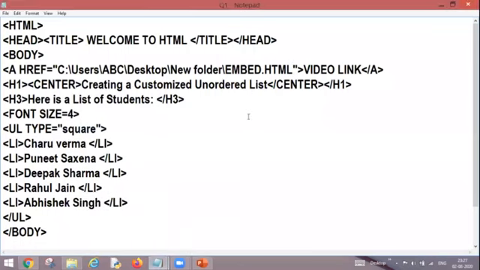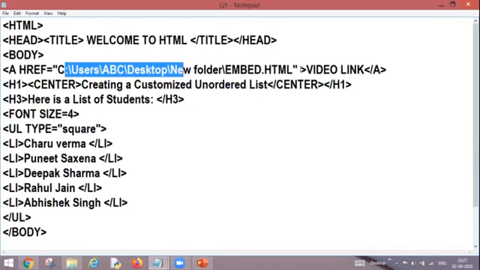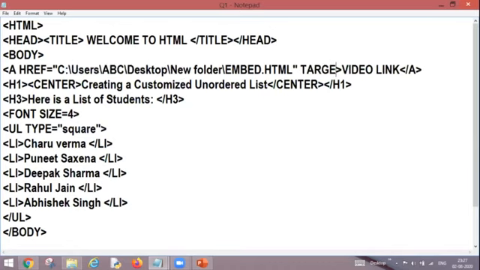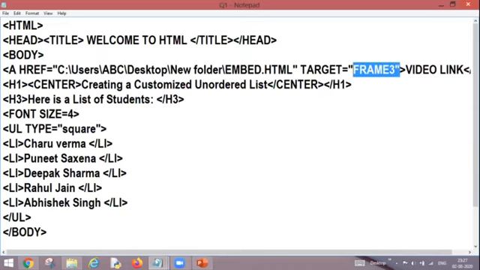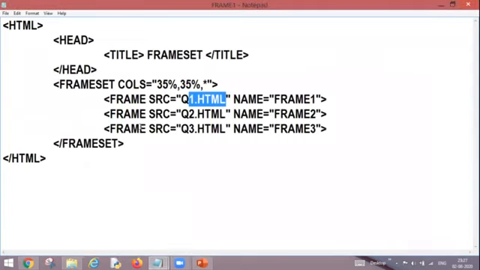Let's see. This is the coding for q1.html. After creating the link, that means after defining the path of my web page, I can use one target attribute, and my target is frame3. Frame3, if you remember, is the name of my third frame, the name which I wrote over here.